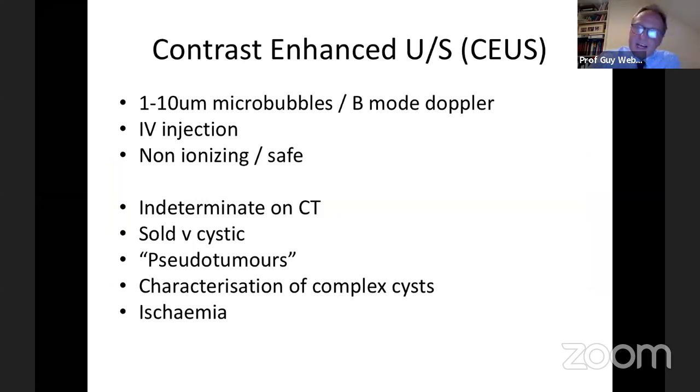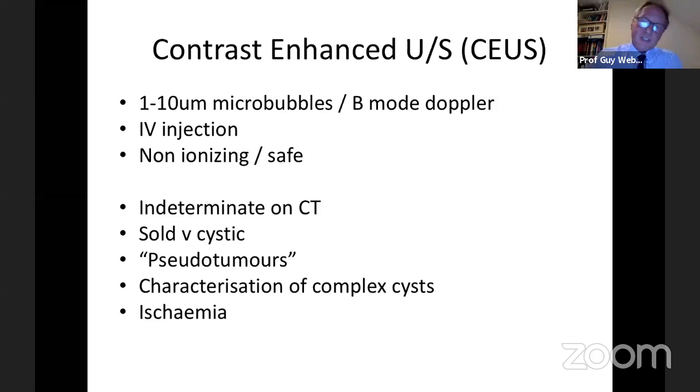Another modality used in some centres is contrast enhanced ultrasound, where the patient receives an intravenous injection of micro bubbles, extremely small micro bubbles, which are transported through the vasculature, and then the patient has a standard ultrasound with Doppler. It's non-ionizing because it's ultrasound. There's no evidence that these microbubbles cause any harm, and it's useful for patients who have abnormalities which are indeterminate on the CT. When we're not sure whether it's enhancing, whether it's a tumour or not,